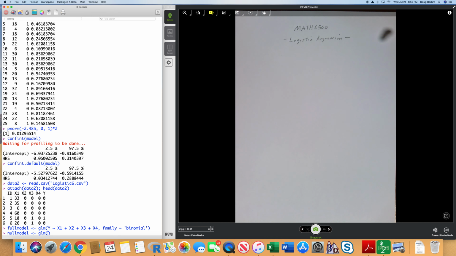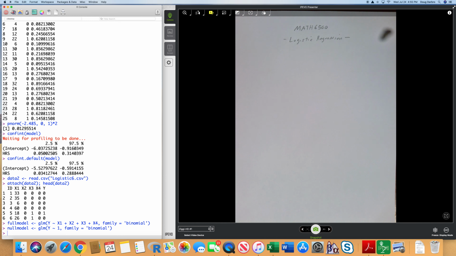All right. And the next thing I want to do is create my null model. Wow, there's been a lot easier way to do this. And this is kind of redundant because what I want to accomplish here you get just by looking at the null deviance. But let's go on so I can actually implement the likelihood ratio test